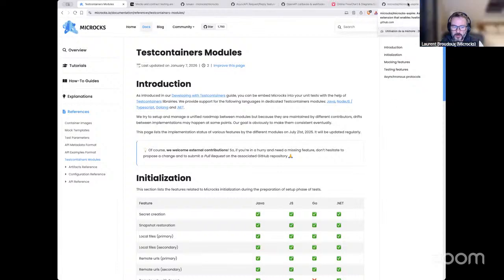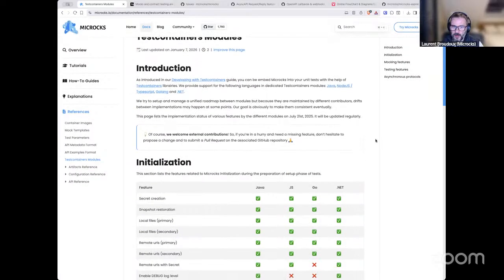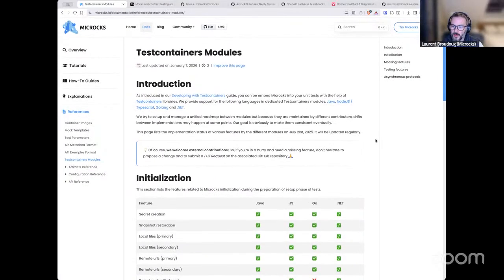Not really alone, because we have another contributor from Microsoft in the Azure team. So that's quite nice to have these new contributions and another point of view on what we are doing. But yes, of course, we are expecting way more feedback.